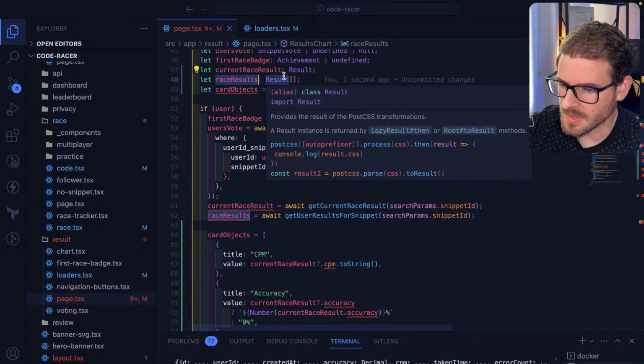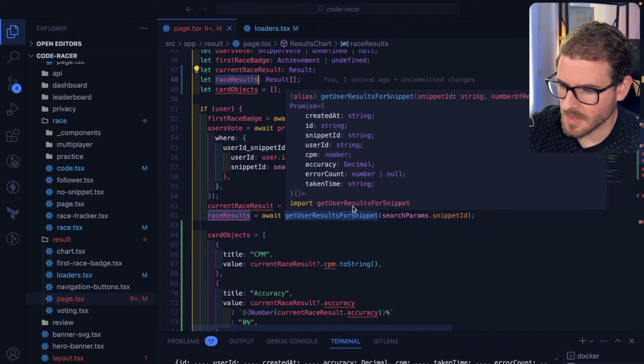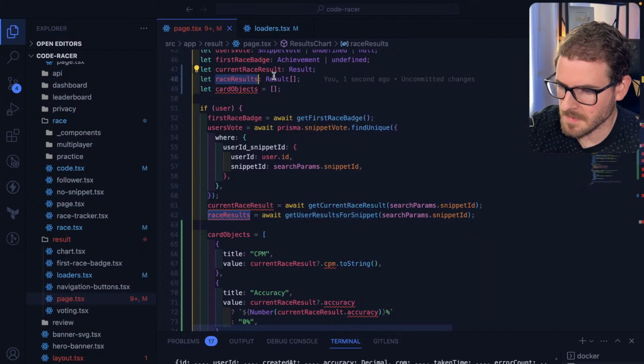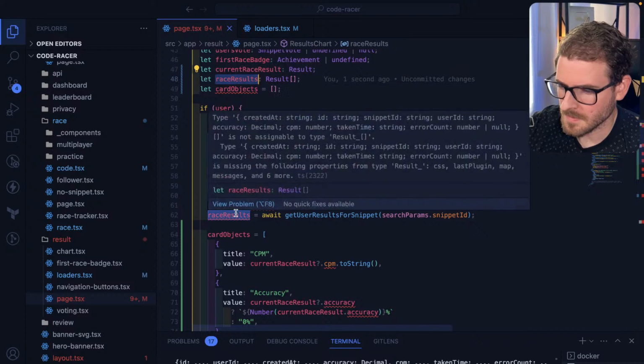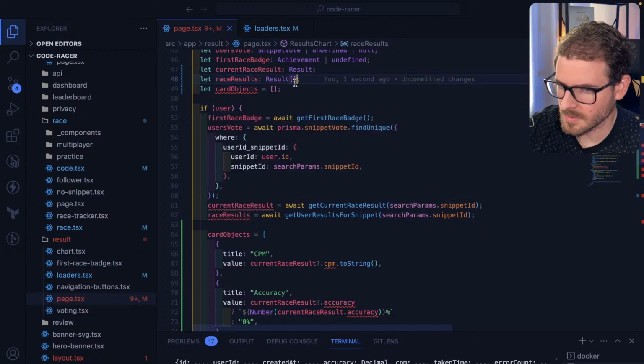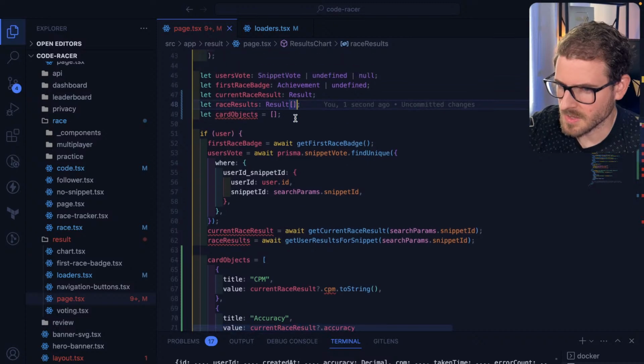Race results isn't a result. Promise. Yeah, there should just be a bunch of results here. I mean, this isn't typed. What's the difference between this? But the race results in the page type is